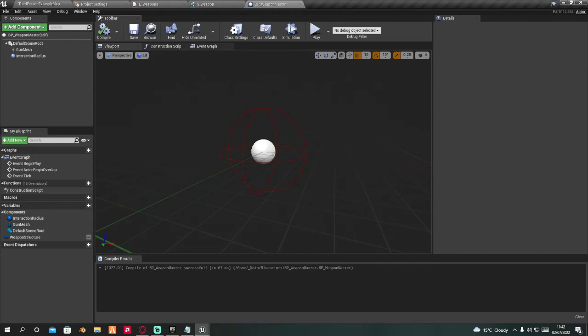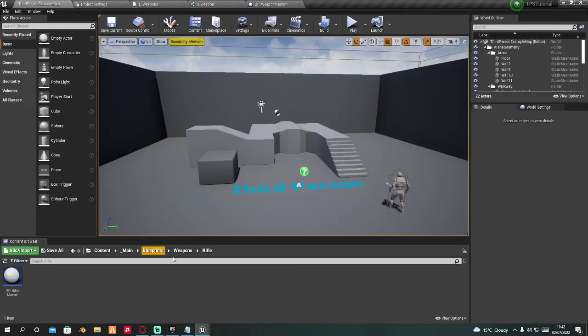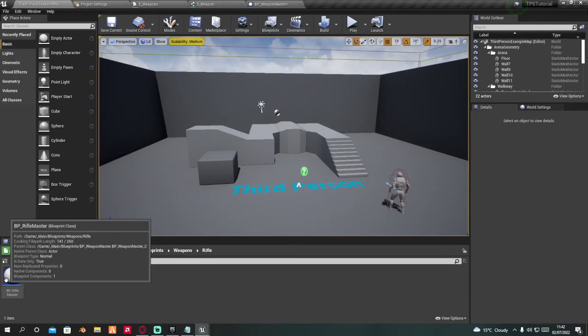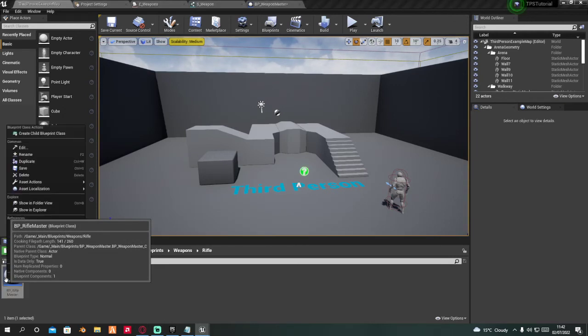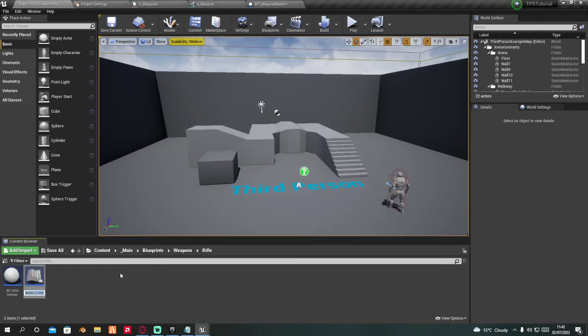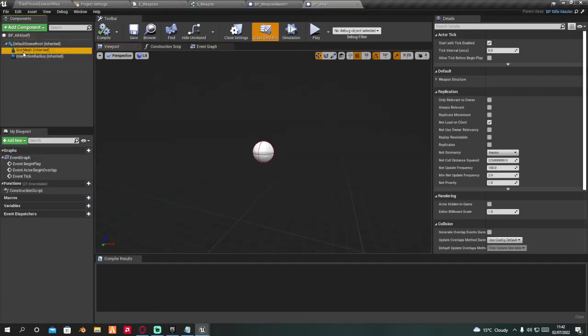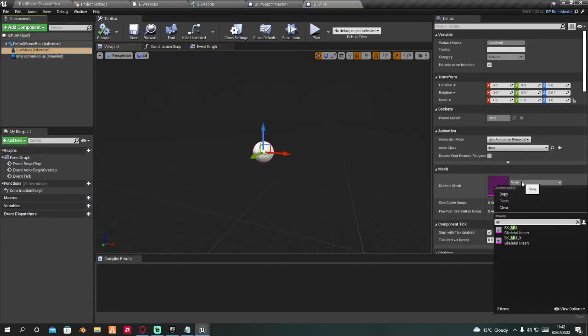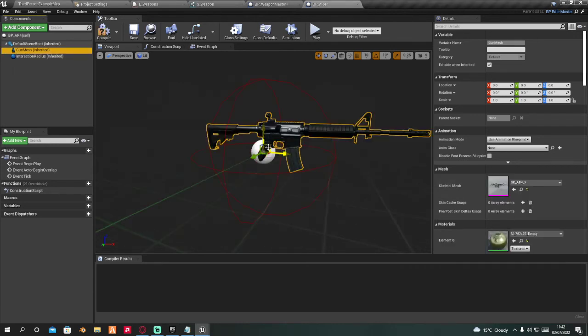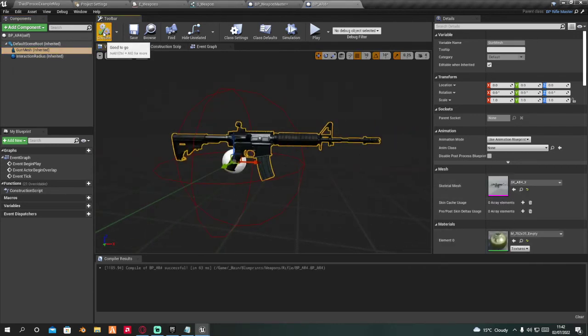Let's head over to the rifle master that we just made. Right click and click create child blueprint. We'll call this one BP underscore AR4, and open this. Inside here for the gun mesh, we just want to search for AR4, and get the one with the X. If you get the other one, it'll be facing the wrong way, and you would have to manually turn it around. Once we have added the weapon mesh in,